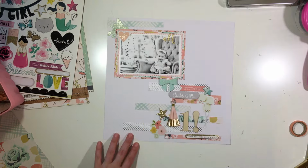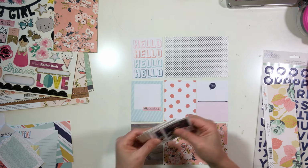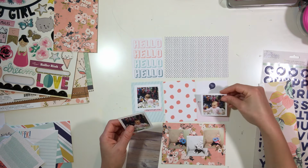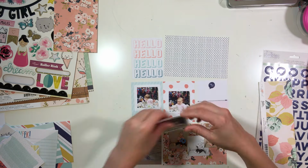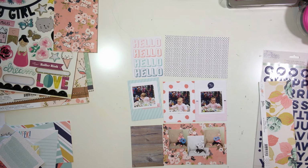So I really, really love the way that turned out. I'm going to move on to my Project Life spread at this point, and I'm only going to do the front side of week 8. So the story that I tell up in the top right-hand corner when I do my journaling, and you guys will see that here in a little bit, the story that I tell is about how we went to Cabela's with her dad, with my husband and with her dad, and